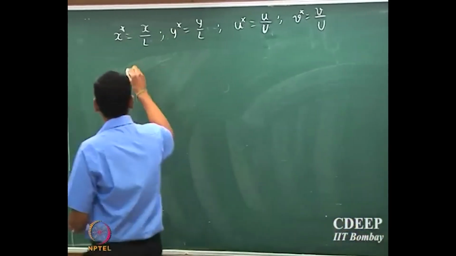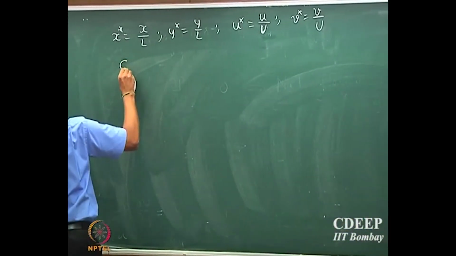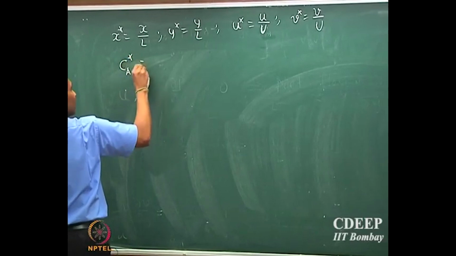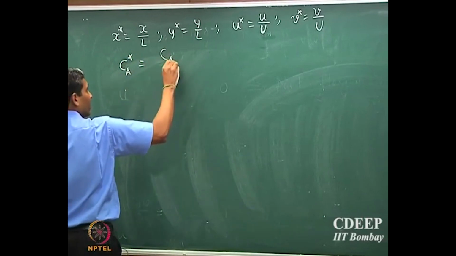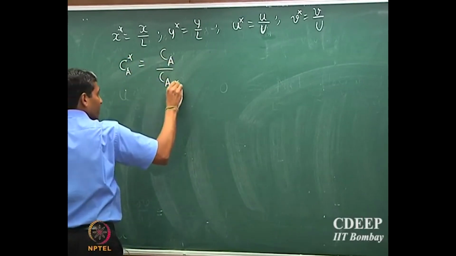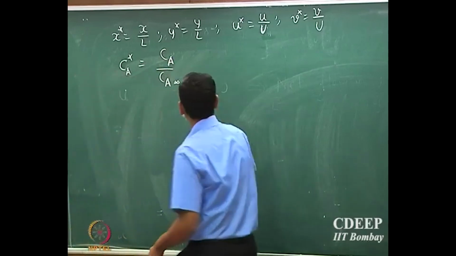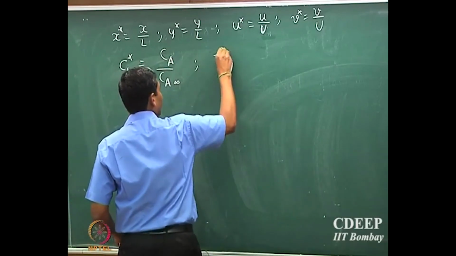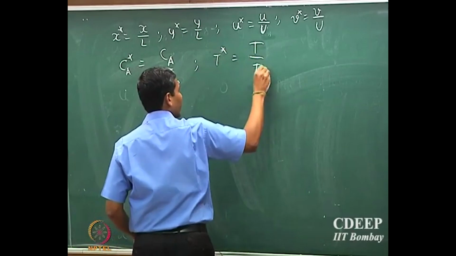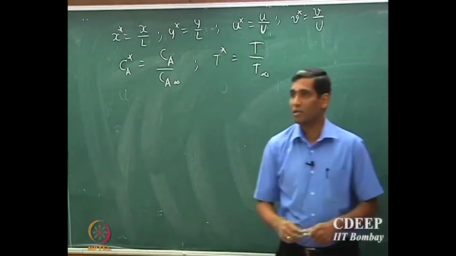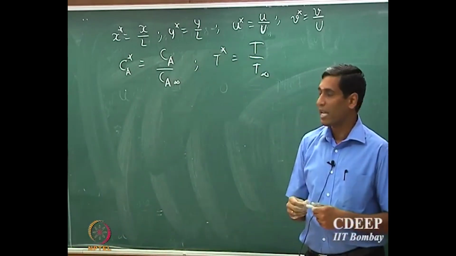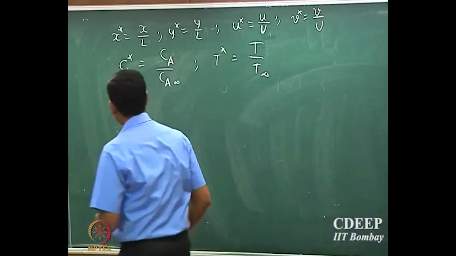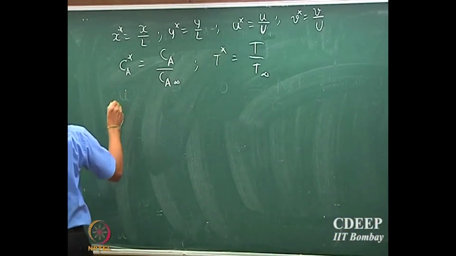So, similarly I could scale C_A star, the concentration of the species, with the free stream concentration, and the temperature with the corresponding free stream fluid temperature, okay. So, if I introduce these scalings, now I am going to non-dimensionalize these equations. So, that will be